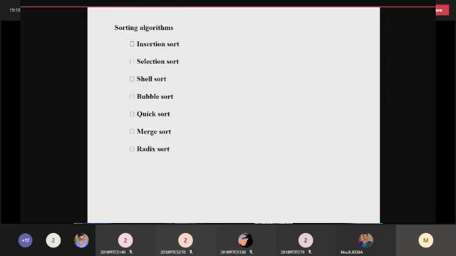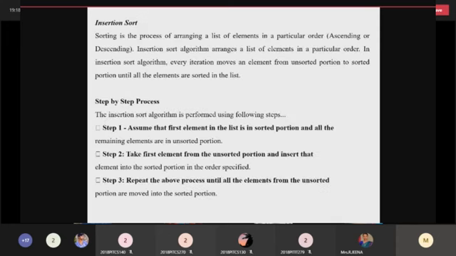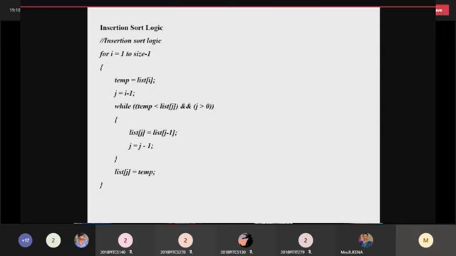Then there are so many sorting algorithms. Insertion sort is a process of arranging the list of elements in a particular order. That is the concept of sorting. Insertion sort takes the second element and compares it with the previous element. You have to take the algorithm also: temp equal to list of i, j equal to i minus 1. You start from the second element and compare with the previous element, that means the first element. List of j should be compared with list of j minus 1.